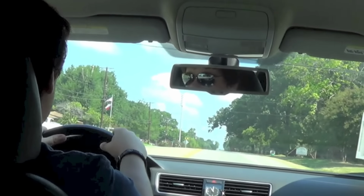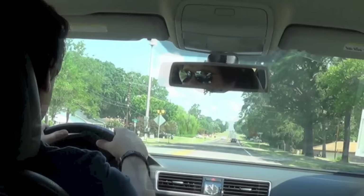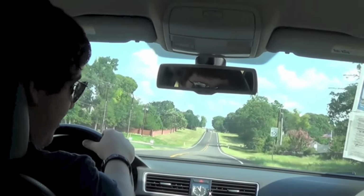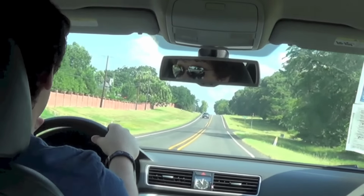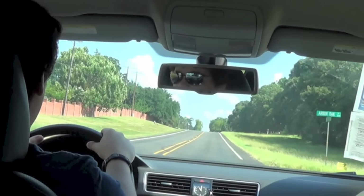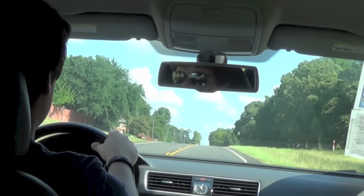As you can hear, the 2.5 liter 5-cylinder makes a very, very fun and playful note. I'm very impressed with how comfortable the seats are in here as well. They have plenty of side bolstering and plenty of thigh and lumbar support to keep you comfortable on those longer trips. So it's definitely a very good road trip car. I'm very impressed as to how comfortable the car is in general, and